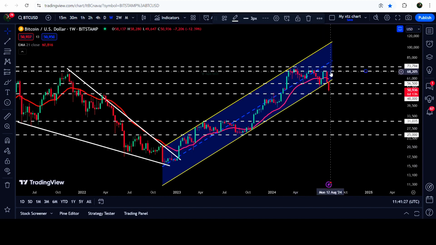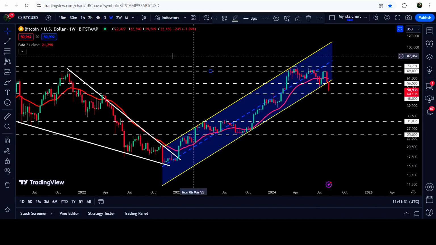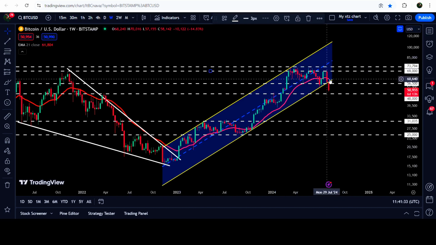And you can see that the price is rejected by this resistance here. And this time, once again, the price is rejected by the lower band, the lower support of this resistance zone that was at $69,000. You can see that this time the price moved up to $69,400, but it could not break out this resistance zone. And now we have broken down the support of the channel.